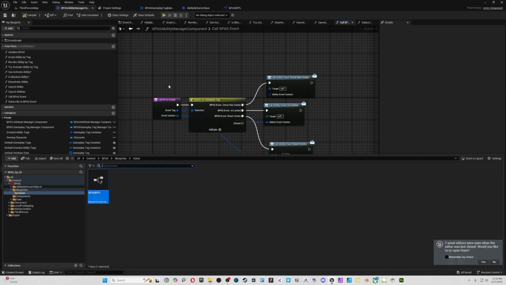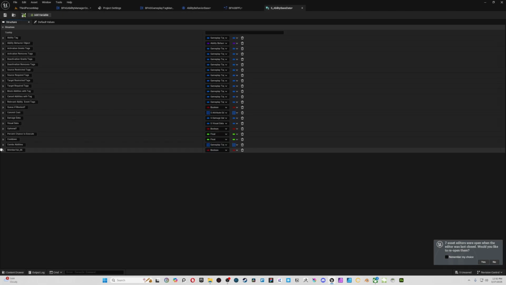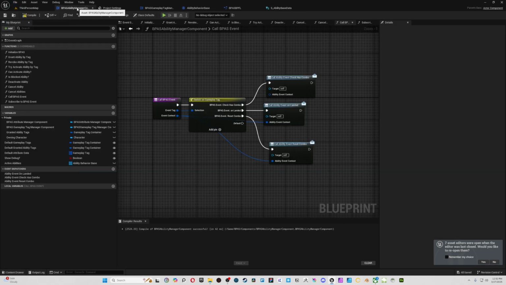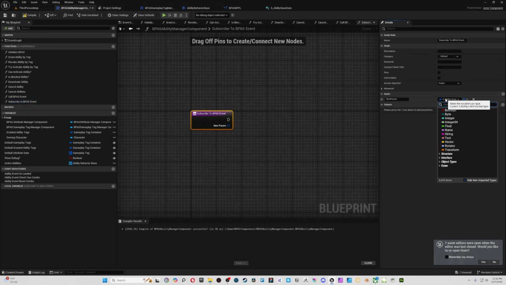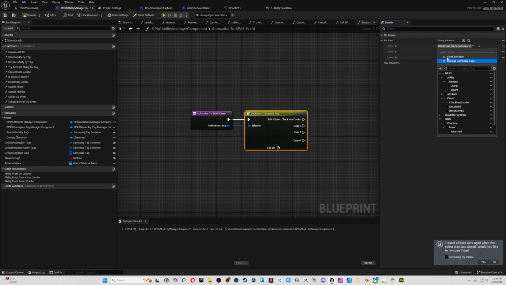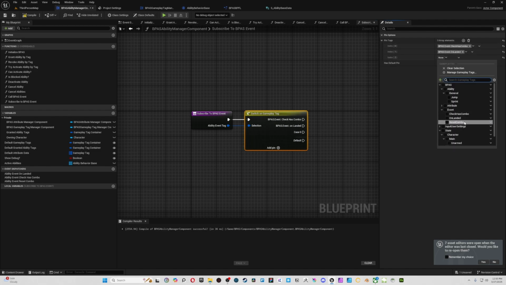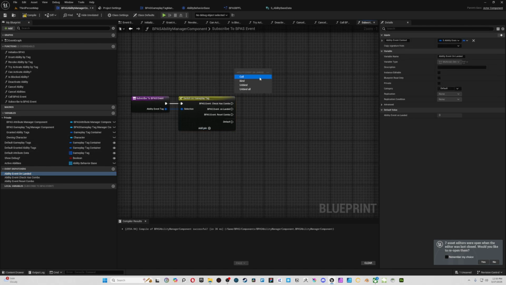And so this list will most likely grow for you in your game, but we'll leave it like this for now. And so we need to go into our data folder and go into our ability based data, and let's say I'm going to drag this up. Oh no, we already have it, sorry. Relevant ability event tags. There we go. And so when we subscribe to a BPass event, we want the gameplay tag, ability event tag. We will do a switch. And again, we will just get our events. And depending on what event we want to subscribe to, we will say